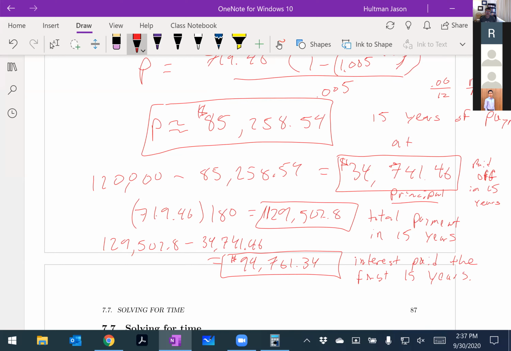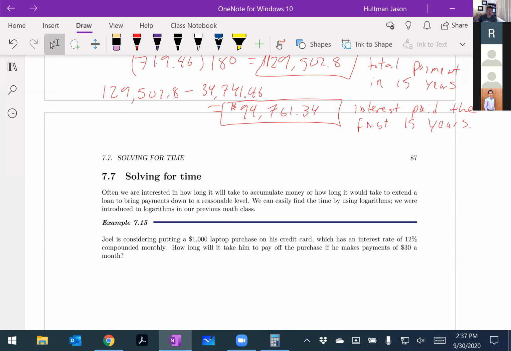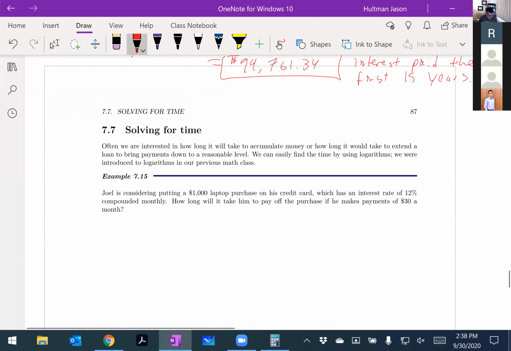Okay, so the moral of that story is if you're going to buy a house, stay in it a long time. Because if you keep moving, you're only paying interest for the first 15 years. And then after 15 years, you start paying off all the principal. So yeah, that's how the banks keep getting richer and richer. Everybody else keeps getting poorer and poorer.